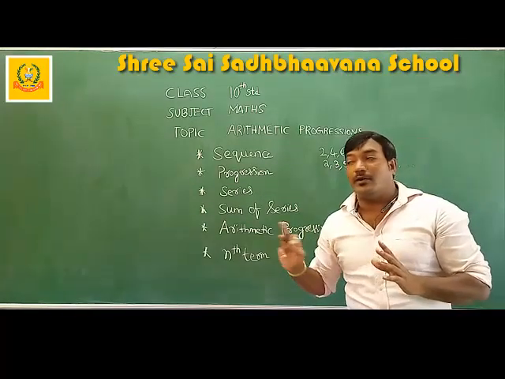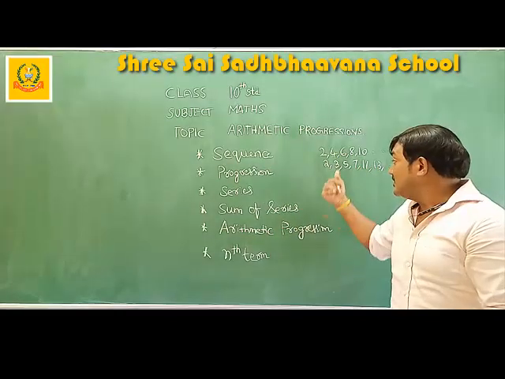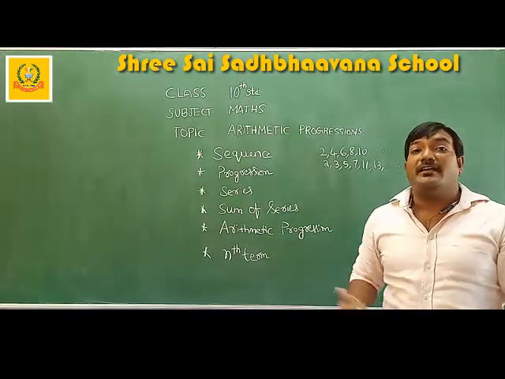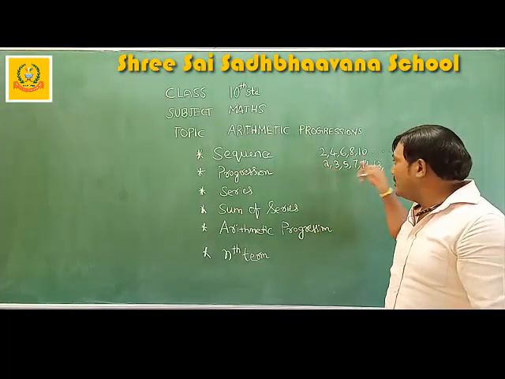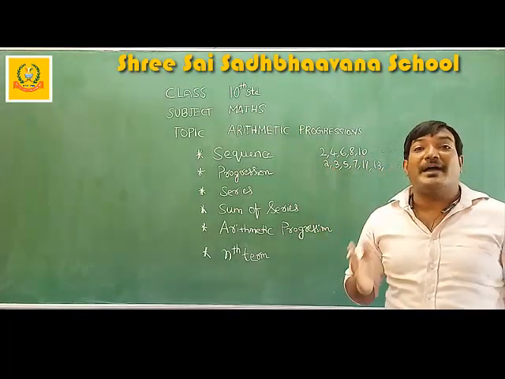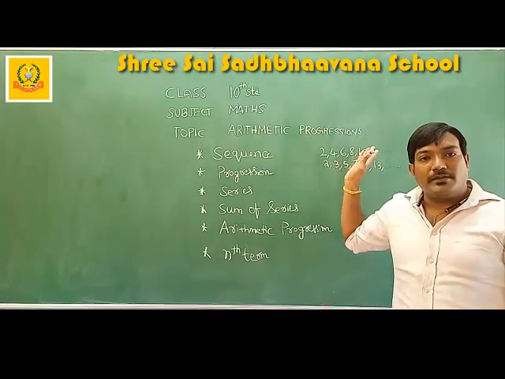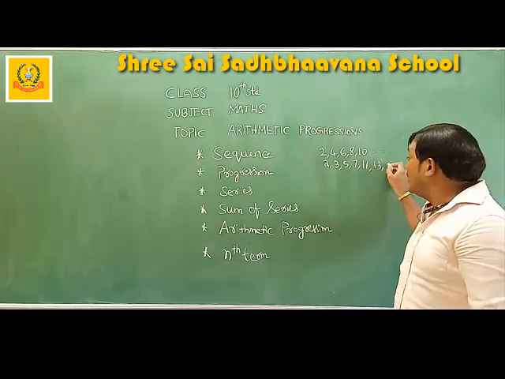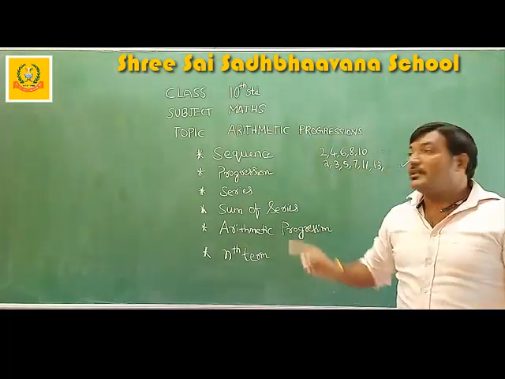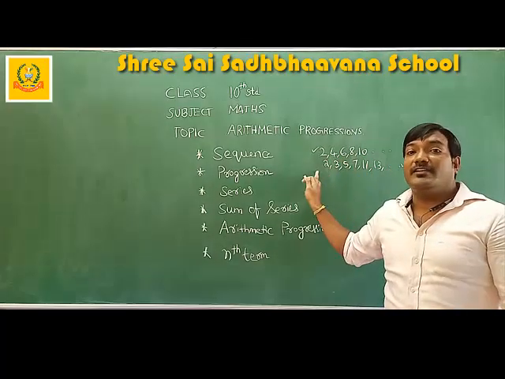But here, once you see, the first term is 2, the second term is 3, and the rest of the terms, 5, 7, you can understand these are prime numbers. Understood? We are writing all the prime numbers because we are following a mathematical pattern, but there is no uniformity in this case. This is also a sequence, remember. The first one is a sequence, the second one is also a sequence.